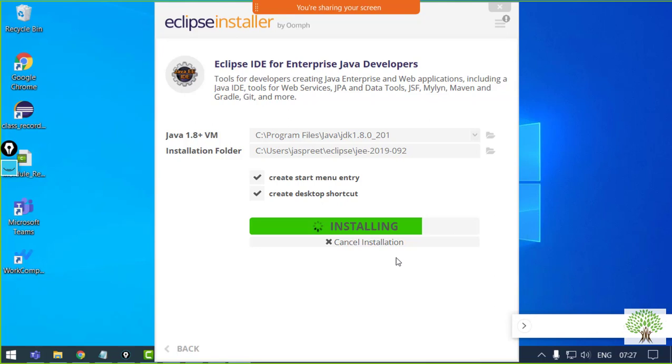The installation of Eclipse does take time. It takes around 2 to 3 minutes to get installed sometimes. So just wait.